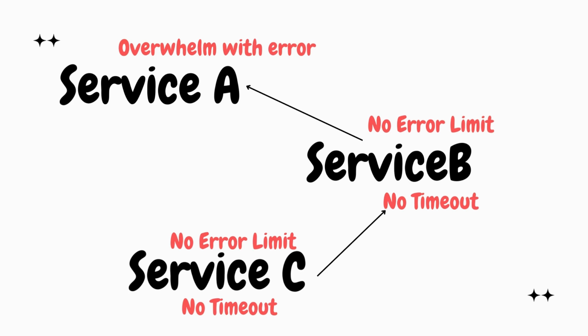Service B and service C have a dependency. Service B calls service A to get some data. Service C will call service B to get some data. If service B doesn't have the data, service C will keep on calling service B, and service B will keep on calling service A. So if one particular service has an issue, it will create cascade failures in service B and service C. To address this kind of issue, we have to implement something called circuit breaking. We will discuss more about circuit breaking now.